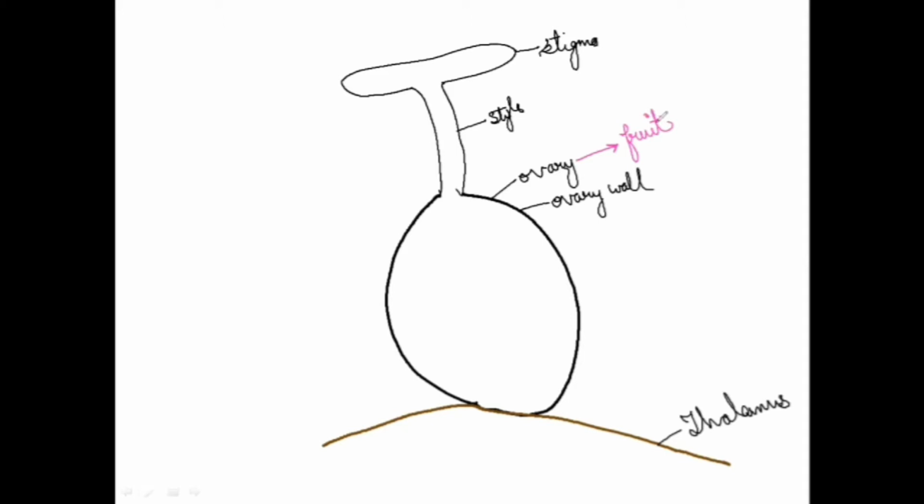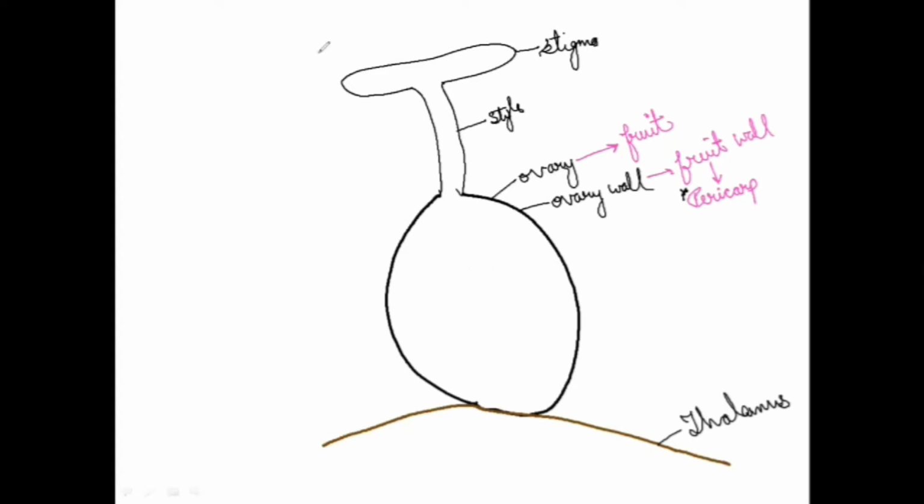Remember, only angiosperms have ovary. Up to gymnosperms, ovaries are not there, so no fruit formation. The wall of the ovary will form the fruit wall, right? The fruit wall is given a particular term that is known as pericarp. This is again one important point, guys. What is pericarp? A number of times questions are asked in different exams regarding this term.